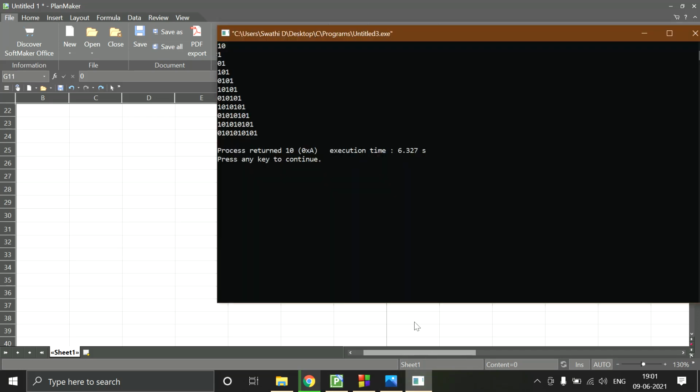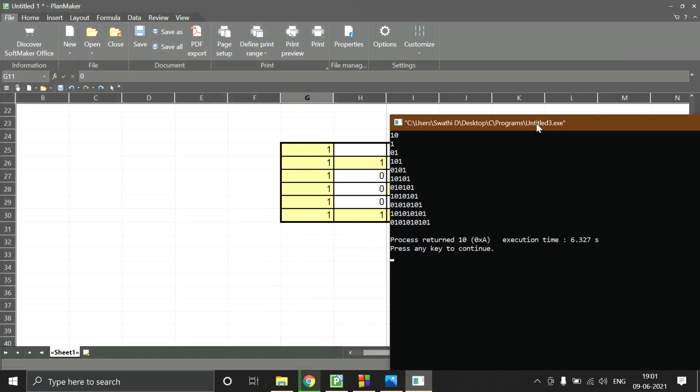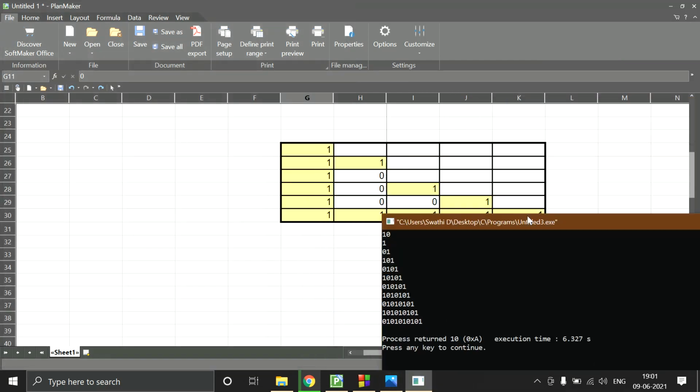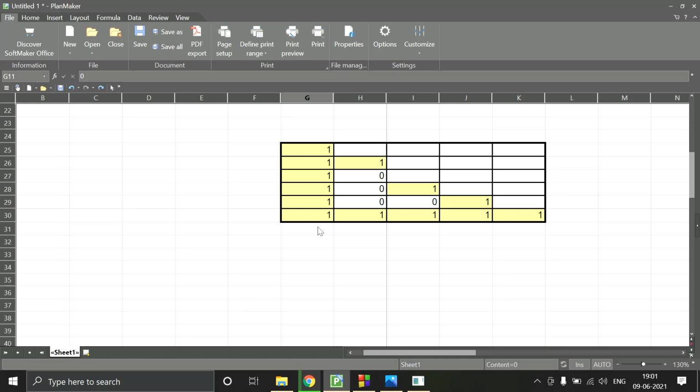So here we had alternate ones and zeros, but in this we are not going to have like that. Here we have ones at a particular place. You can see we have ones in the first column and in the last row and in the left diagonal. Similarly, for any other pattern, you have to find the positions where ones or zeros are present, and according to that we have to write the condition and do the programming. So here the condition is if the column is equal to 1 or if the row is equal to n,